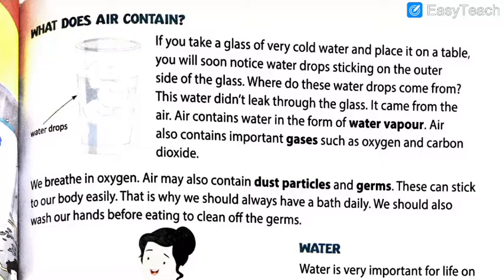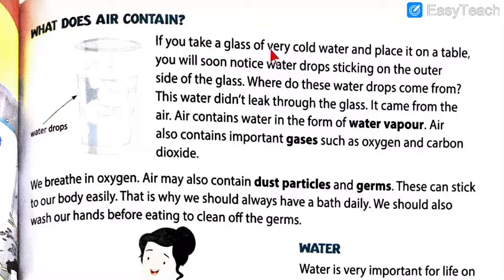What does air contain? Do you know, students, what does the air contain? What is there inside the air? You will say, sir, have you gone mad? Nothing is there inside the air. In fact, we cannot see the air. Now that invisible object, what will it contain? But let me tell you, air contains a lot of things, a whole lot of things are inside the air. Yes, I have not gone mad, it is a fact. Let us understand, and this is why the topic is there in the chapter.